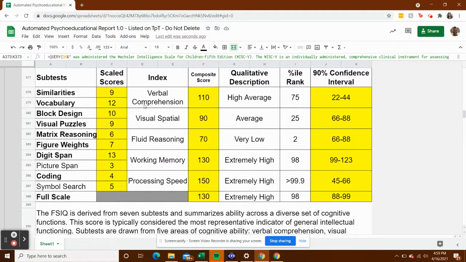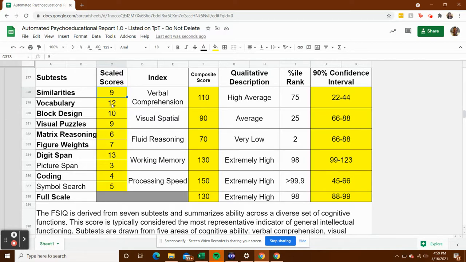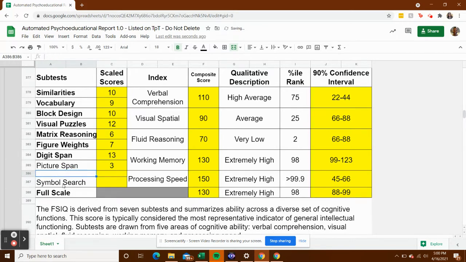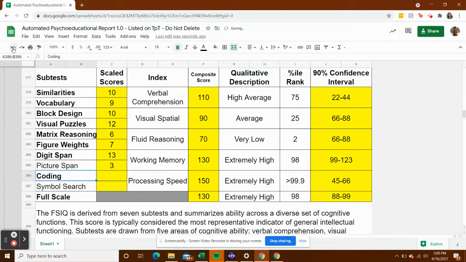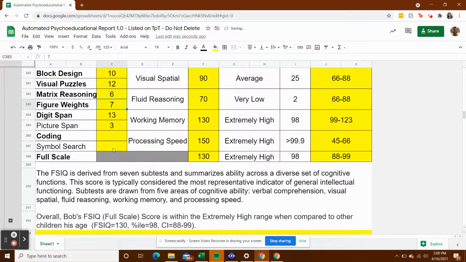You would only put information in the parts that are highlighted, and you also need to be wary about deleting anything. So let's say if you didn't administer a few of them, then you could delete right here, and you could even delete these. And then you go down to processing speed. I'm going to hit back on that. You go down to the processing speed section,